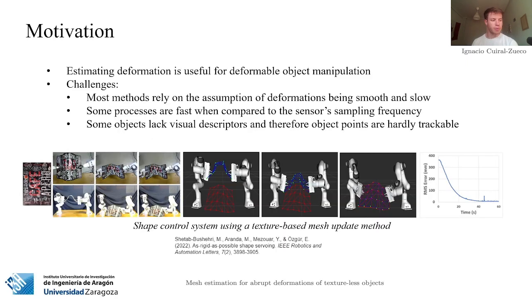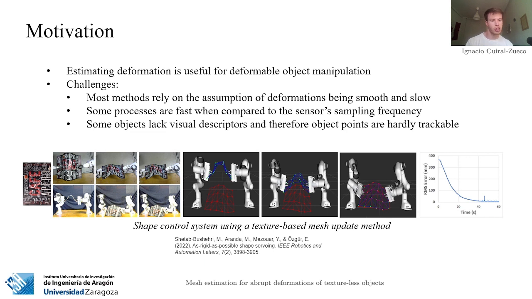Estimating deformations can be very useful for deformable object manipulation. However, some challenges may arise, especially when the assumption of deformations being slow and smooth can no longer be applied. Some processes may be too fast compared to the sensor sampling frequency, and furthermore, some objects might lack the visual texture that allows to track points and therefore update the mesh, as in the example we see below in this